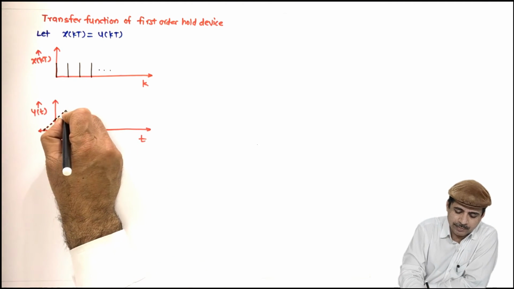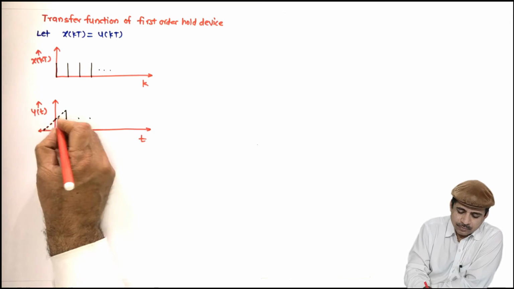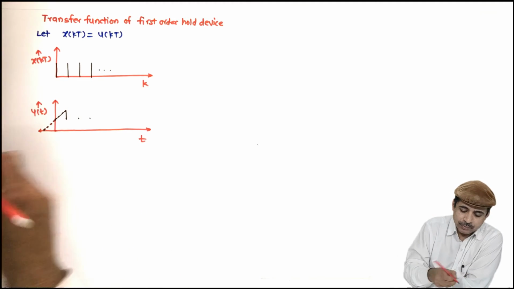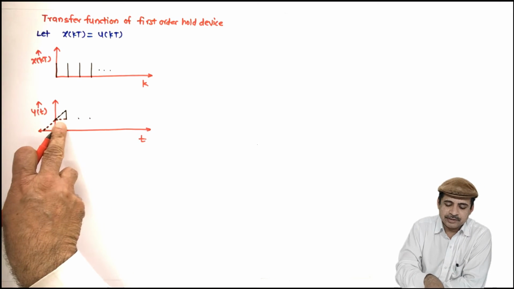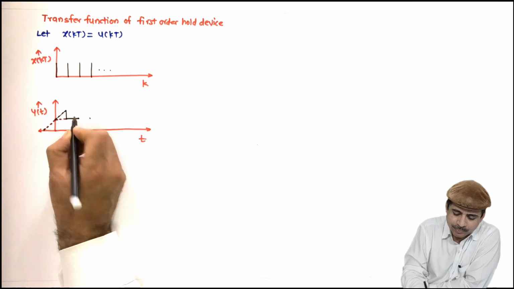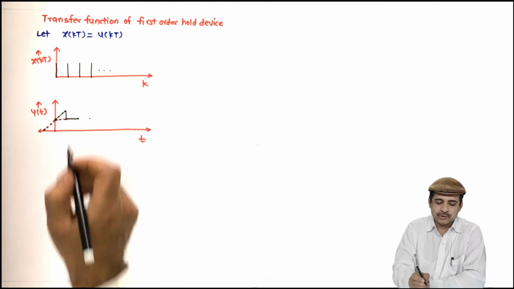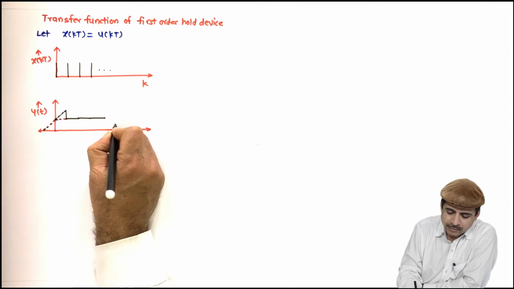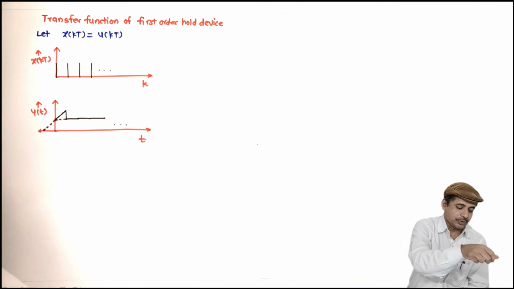So now we have come across the next sample, this one. Now, so it will be like this. Now, this is the actual slope. So for the next sample, this is the slope. So we'll move with this slope. And exactly we are reaching the point. So again the same will be the slope, so same will be continued. So this is the output signal. Now we have to generate the output expression for this.